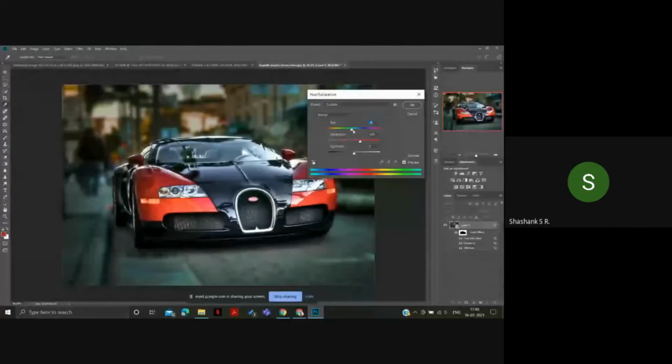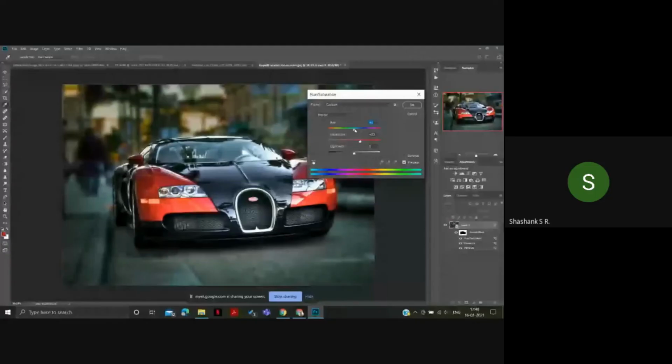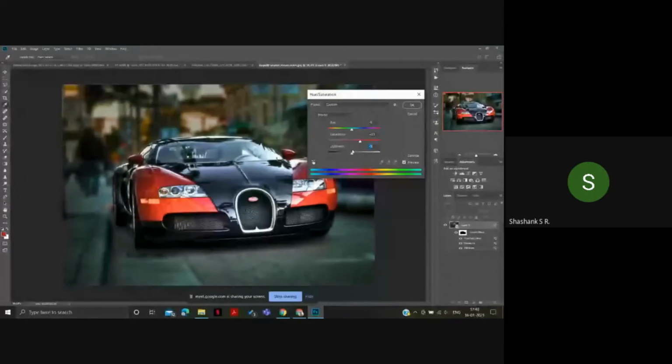And then the hue is something, for example, you can see that this is much orangish in the background. So if you go to green, that thing will become red. That color code is available on Google. If you just Google it, you'll be able to get it. And then the lightness part, if you increase it, it becomes lighter, and if you decrease it, it becomes darker, just like this.